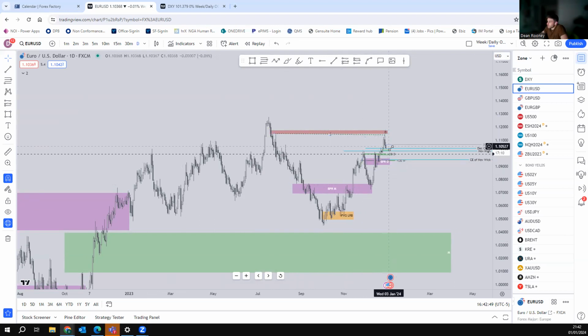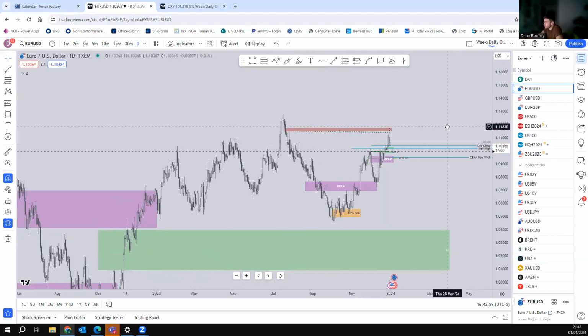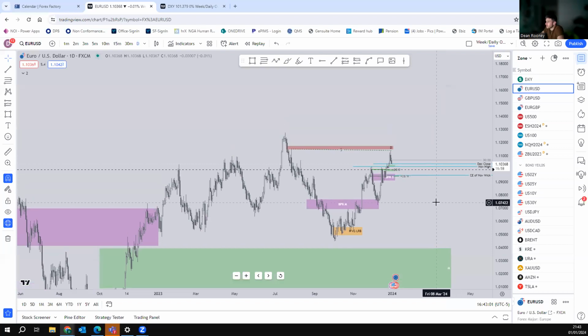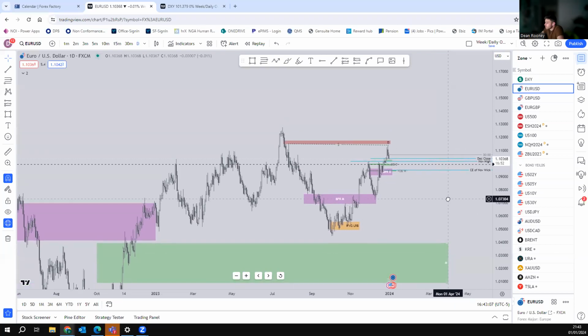So for me, the draw on liquidity just now is this high. That's my aim just now. I do understand that on a higher time frame, we are going to move higher still. So that just allows me to get in line with institutional order flow. Now there's a concept called the power of three,